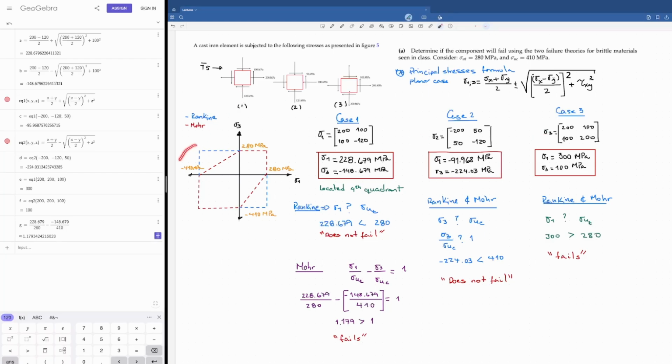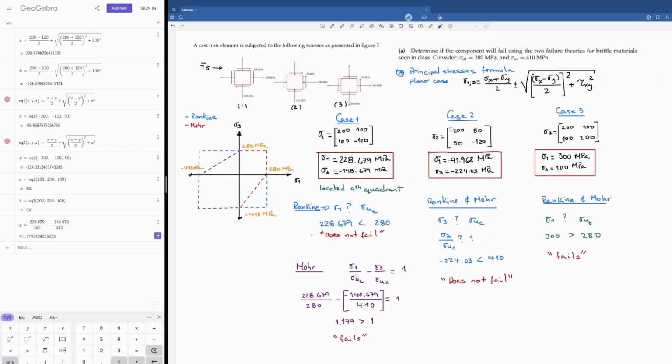We also have depicted here schematics of Mohr's theory of failure, this one here, and the schematic of Rankine's or maximum principal stress theory. After this, we calculate the principal stresses using the formula for the plane stress case. That is very simple. And we are getting these 3 points here. Look at this: these axes are sigma 1 and sigma 3, so that allows us to determine in which quadrant the points are located,